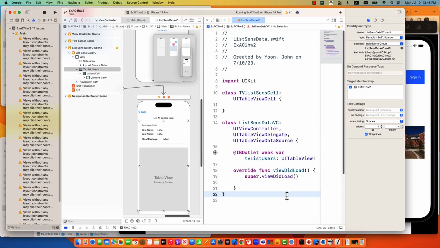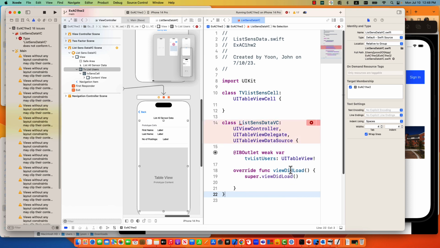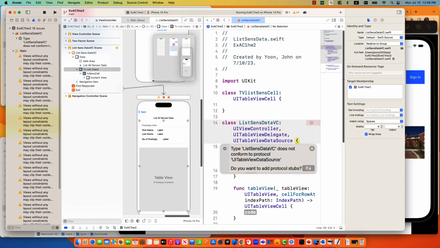Once you have this, then this guy asks you to, because a few of the methods are mandatory, they should be defined. So you can say here fix, then automatically